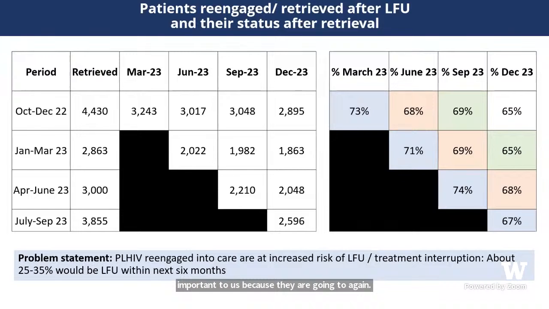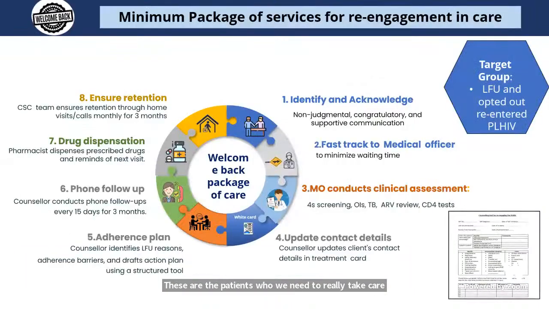Almost 40 to 45% of these patients will definitely have a loss to follow-up status within the next 2 or 3 quarters. So when we know this reality, these are the patients whom we need to really take care of. We call it a welcome back,